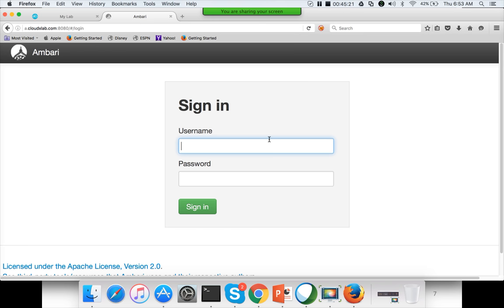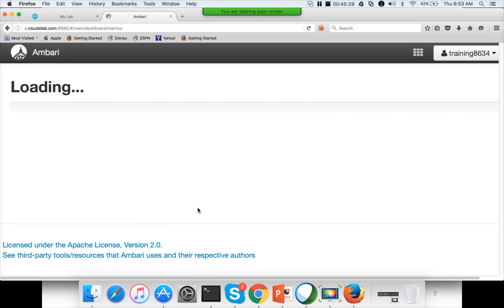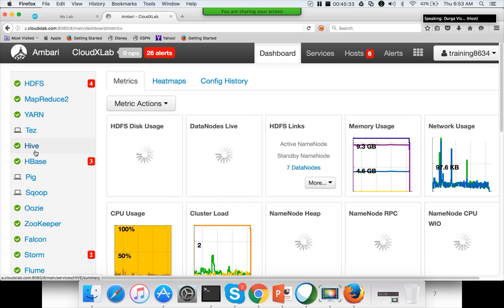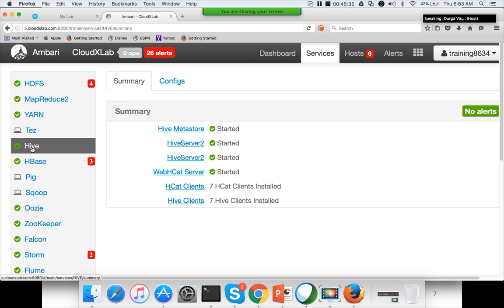Copy password to clipboard. Training 8634 is the username and this is the password. And here, if you look into the Hive,